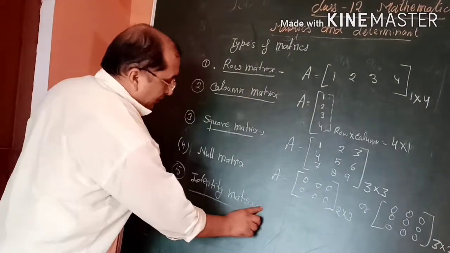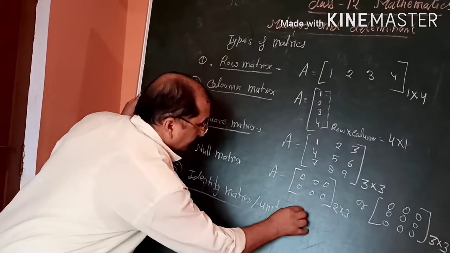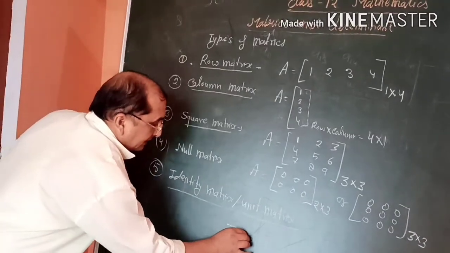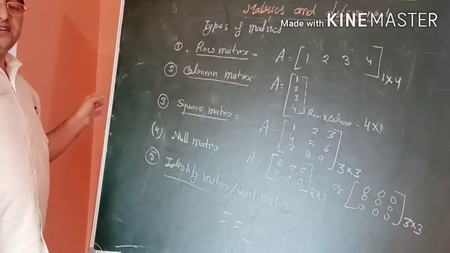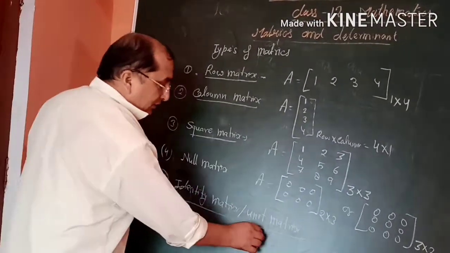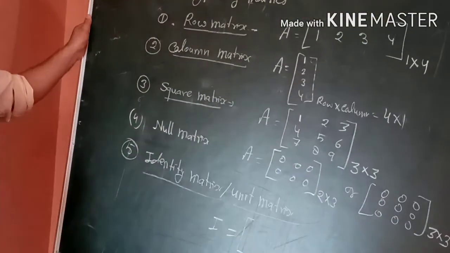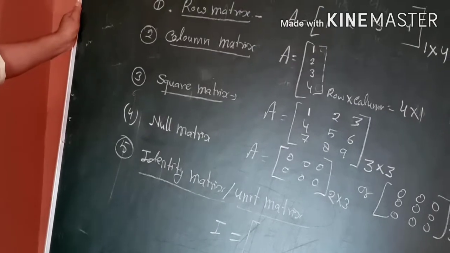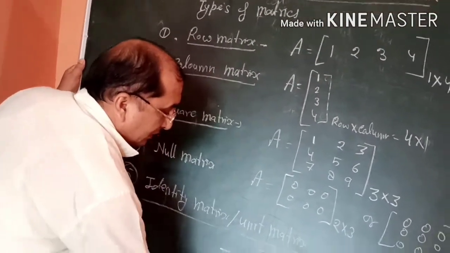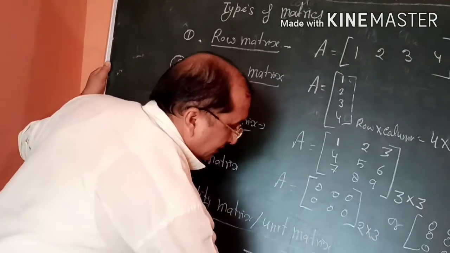Identity matrix or unit matrix is denoted by I if its principal diagonal is 1 1 1 and the rest of the elements are 0, and it should also be a square matrix. A square matrix having the elements of the principal diagonal as 1 and the rest of the elements 0, like 1 0 0, 0 1 0, 0 0 1, and this is 3 cross 3,